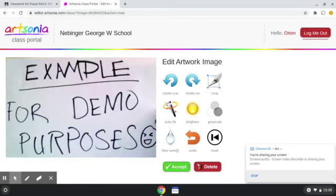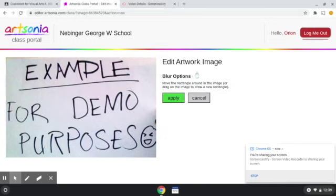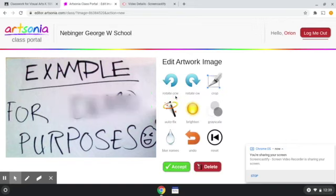If the student's name is on it, you can blur it out. It says move the rectangle around the image or drag the image to draw a new rectangle. So if I do that, if that was someone's name, I would drag that rectangle and click apply, and it would blur out the name if you forgot to put your name on the back and put it on the front instead,